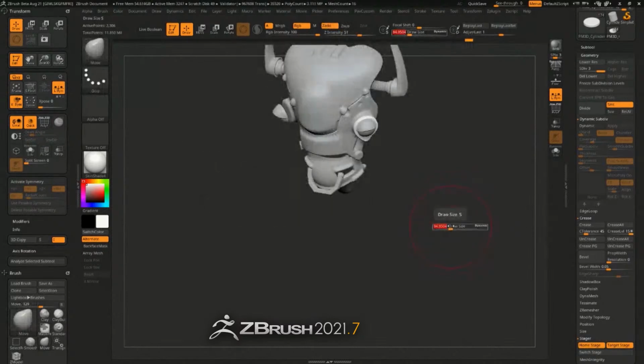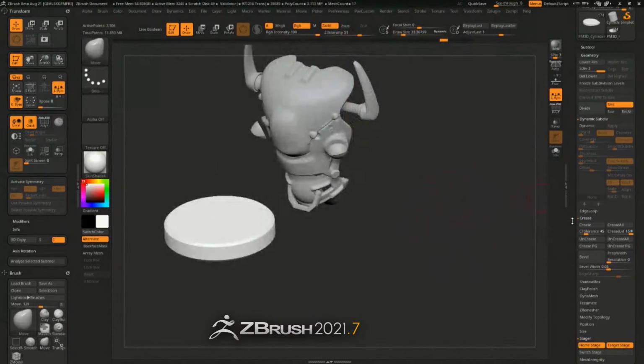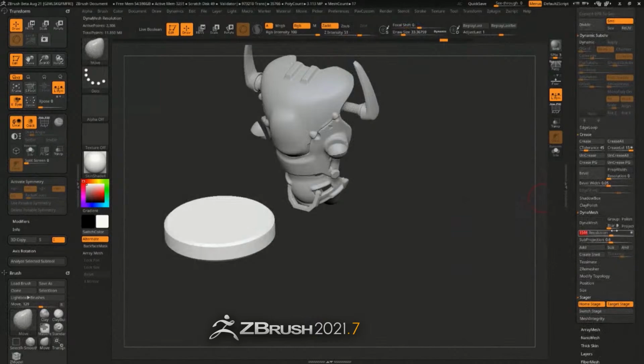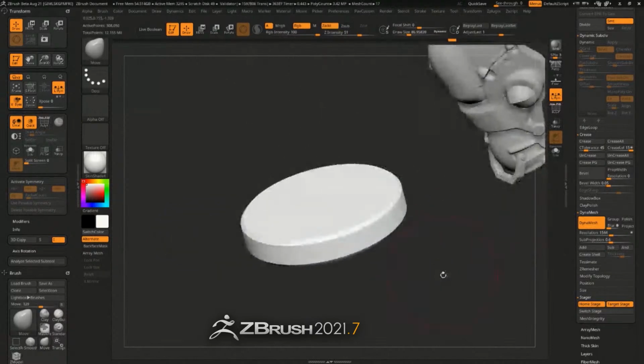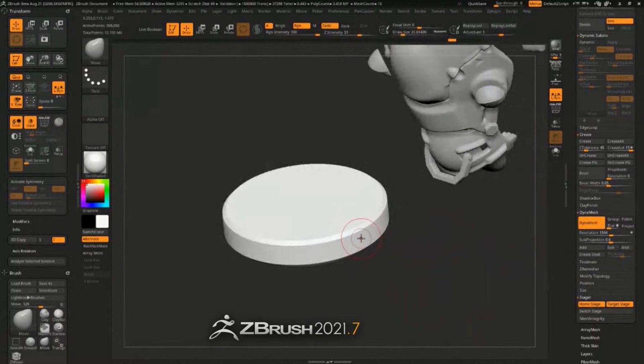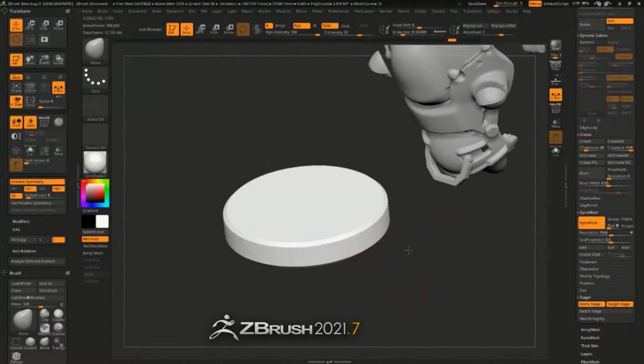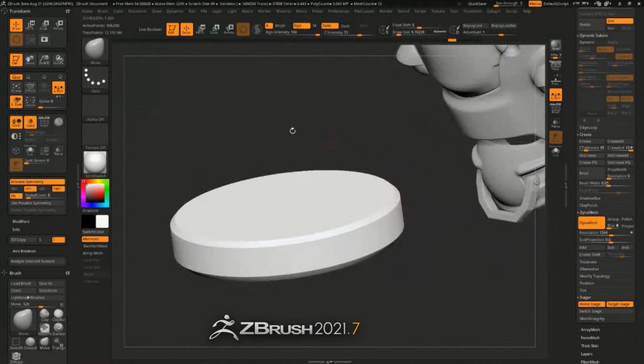If I want to go through here and I want to say Dynamesh this result, it's going to create a resolution there. So we've got a Dynamesh mesh now. Again, we can make any changes we want, send it back over, no problem. So in this instance, again, I want to put rivets around here. So I'm going to go ahead and turn on X for my activate symmetry here. And let's go ahead and go to my standard brush. I'm going to clone this off. I don't want to mess with my standard brush. I like to have a standard brush available, but I'm going to go ahead and say, make this DragRect,